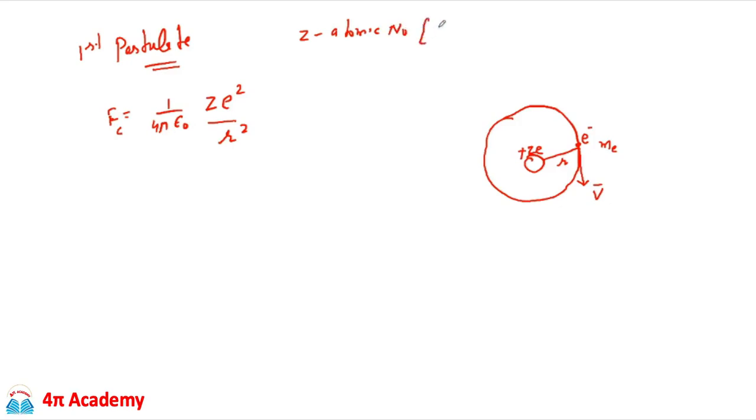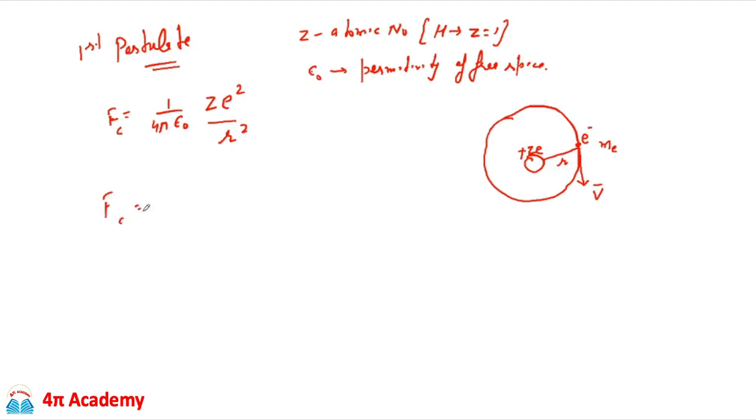And for hydrogen we will take the value of Z as 1, and epsilon naught here is the permittivity of free space. Now this electron is revolving in a circular motion, and the force which is acting on it